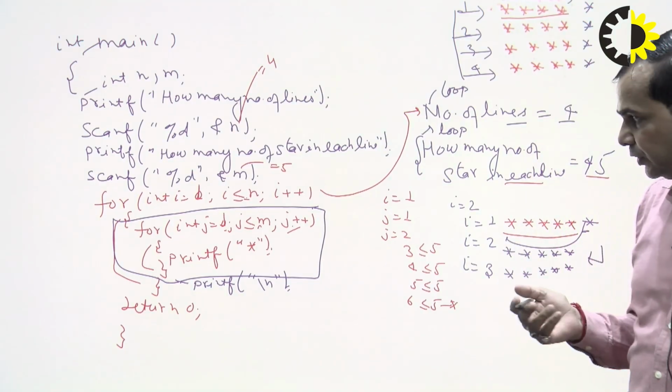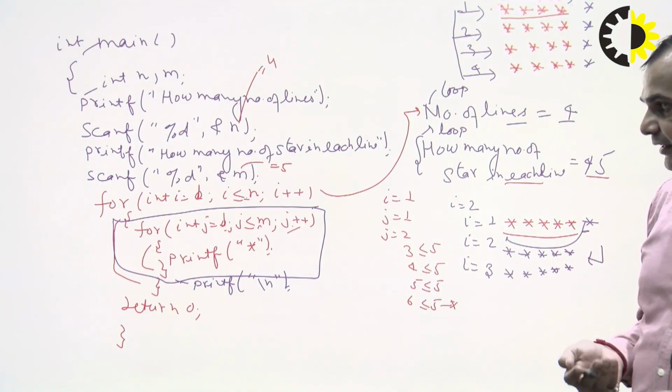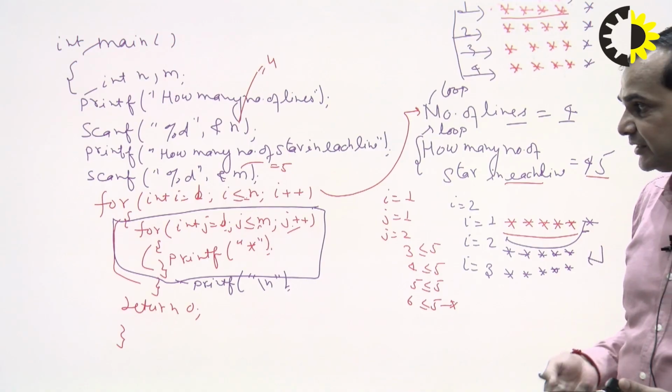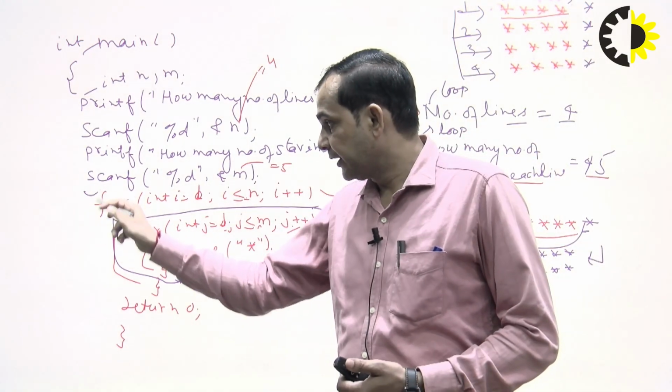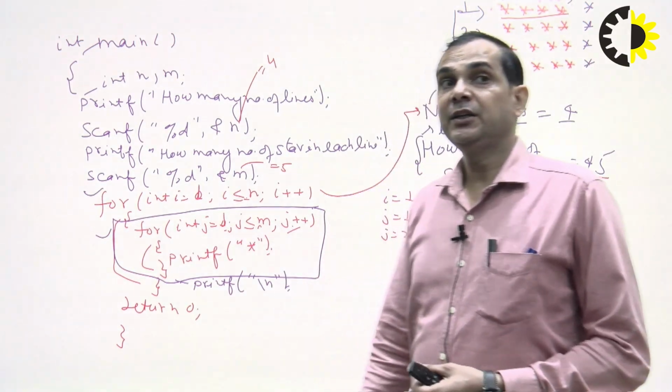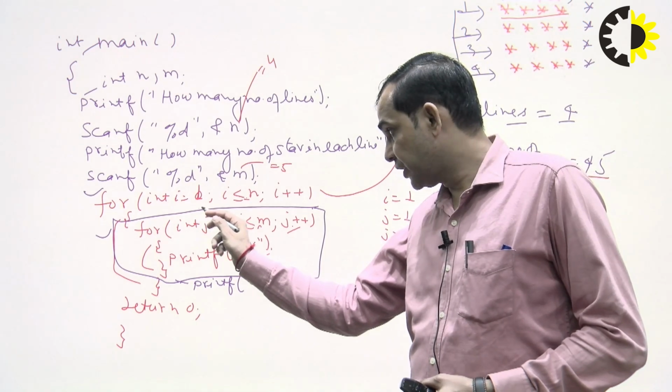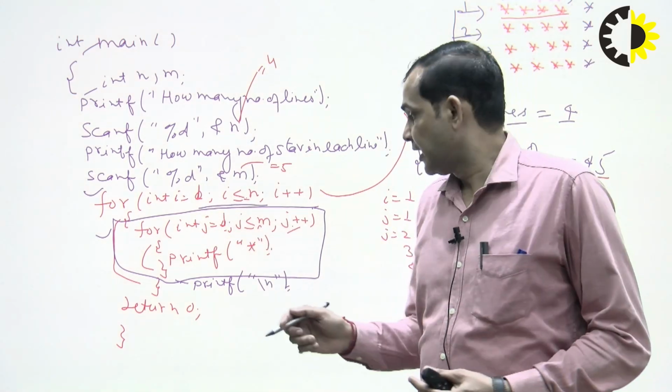So now we have to do some practice, and in that practice we have to measure when we have to apply the loop. We cannot change the loop conditions, meaning when we have to